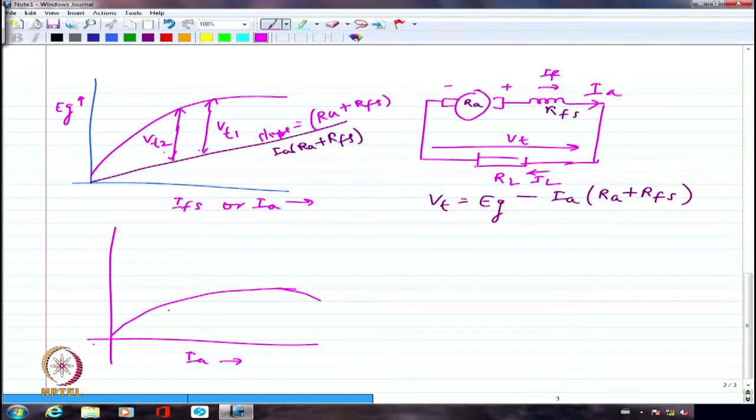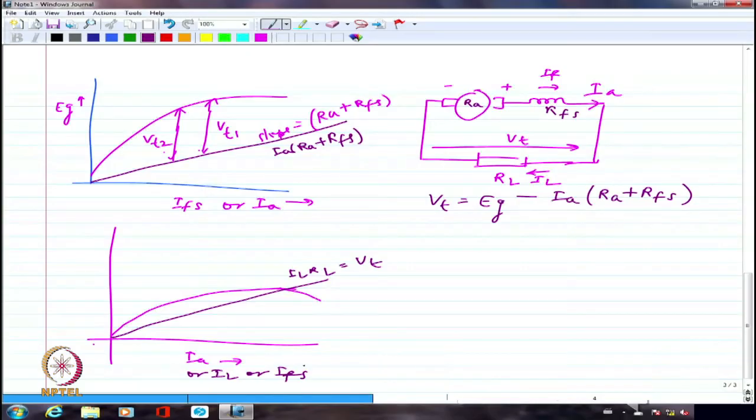And if I have the load characteristics, which is IL multiplied by RL, this particular line is the load line. In which case this is equal to VT, that's what we are drawing. So this is IA or IL or IFS, all of them are the same. It doesn't matter, I can write anything as my x-axis. So this will be the operating point